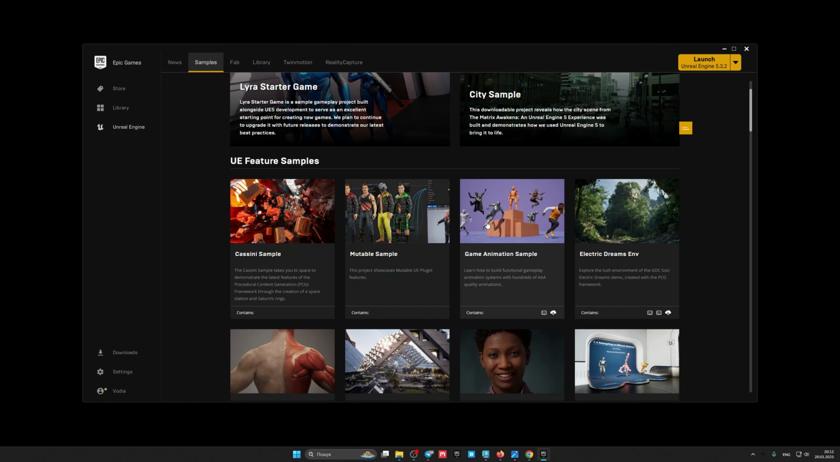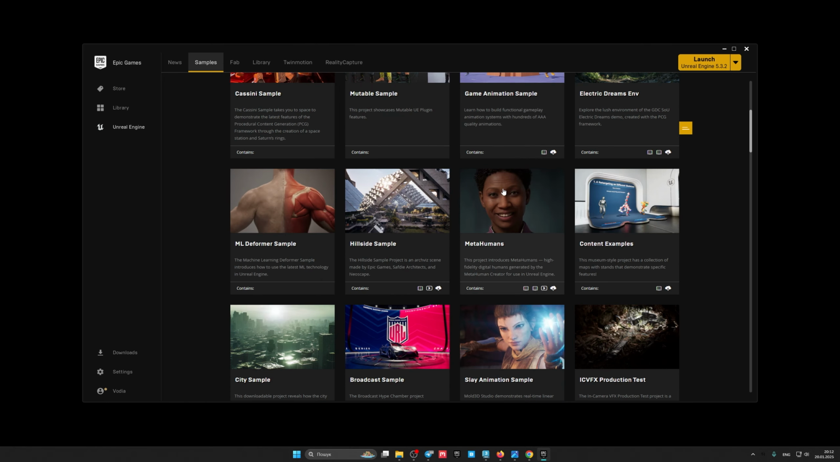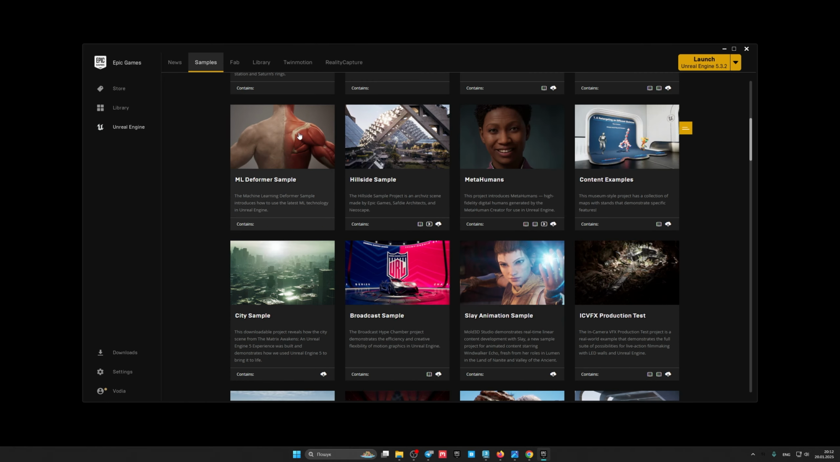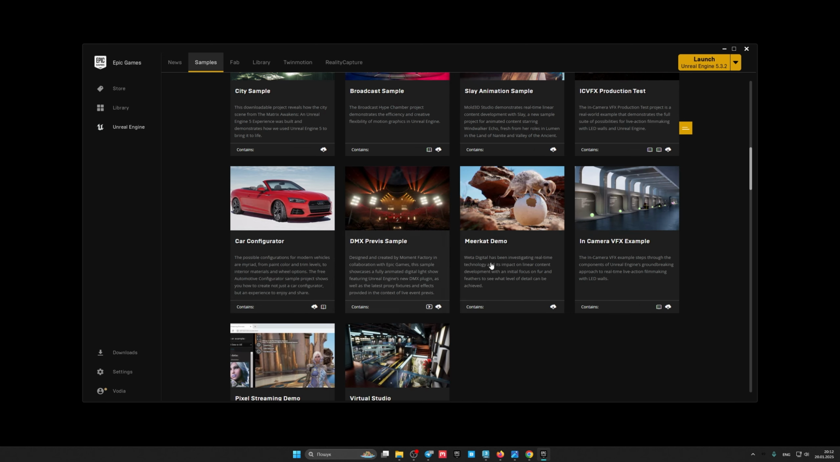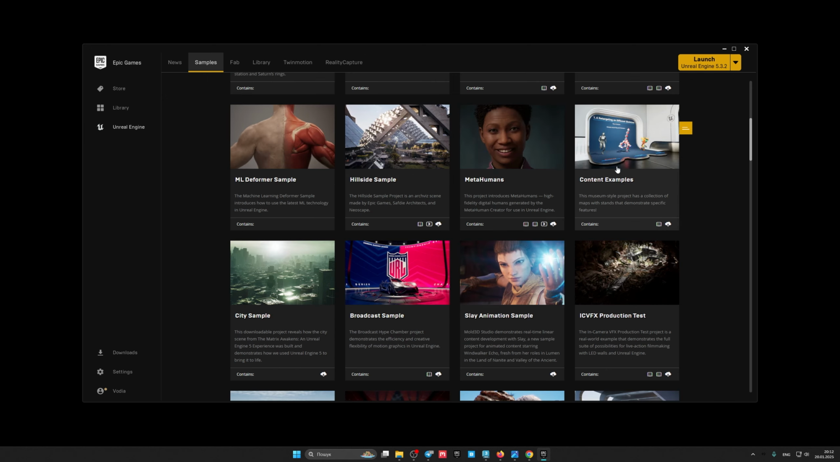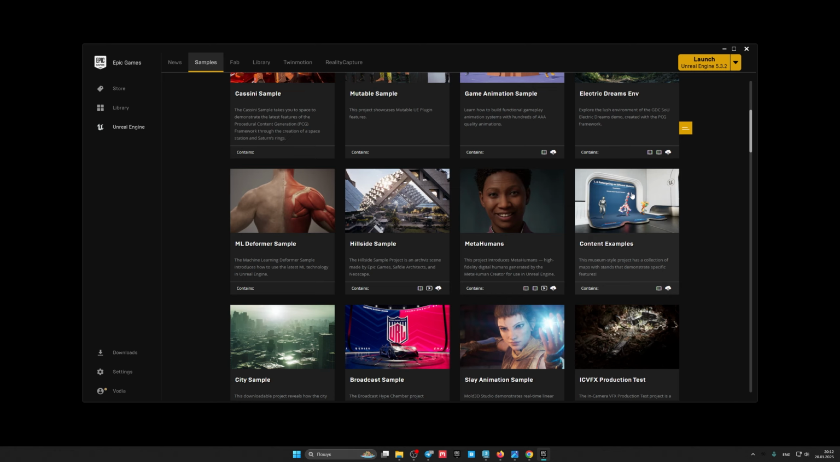Very convenient, and there are many like these about metahumans, about how muscle animation is created in Unreal, meaning this is also new. This is a new feature that appeared in Unreal 5.4. Many different things to review, the car configurator. But one of the most interesting is this, content examples. It represents